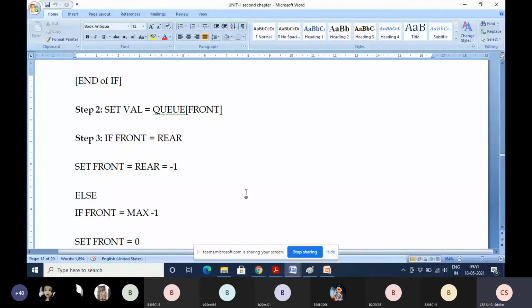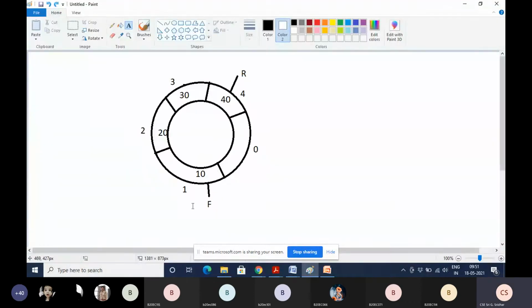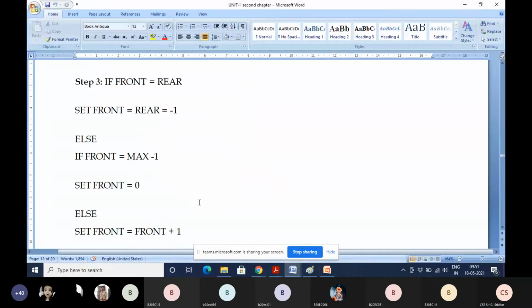Otherwise, if front is not equal to rear, then what do you have to do?